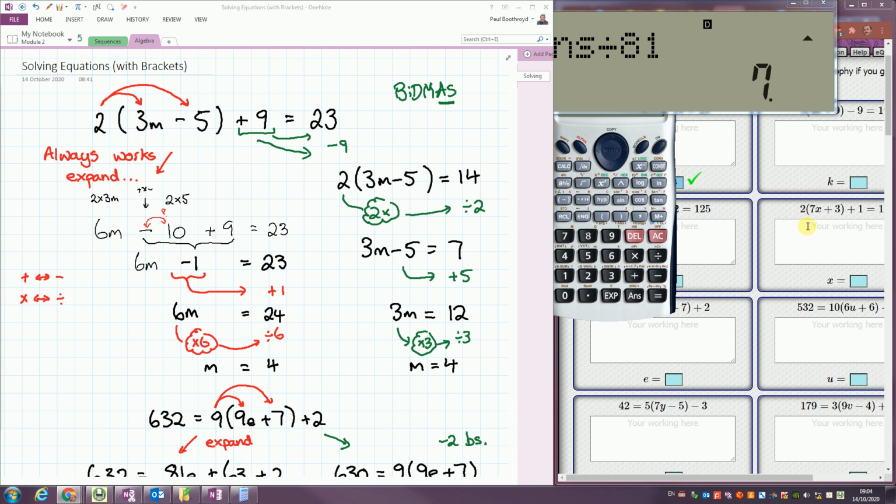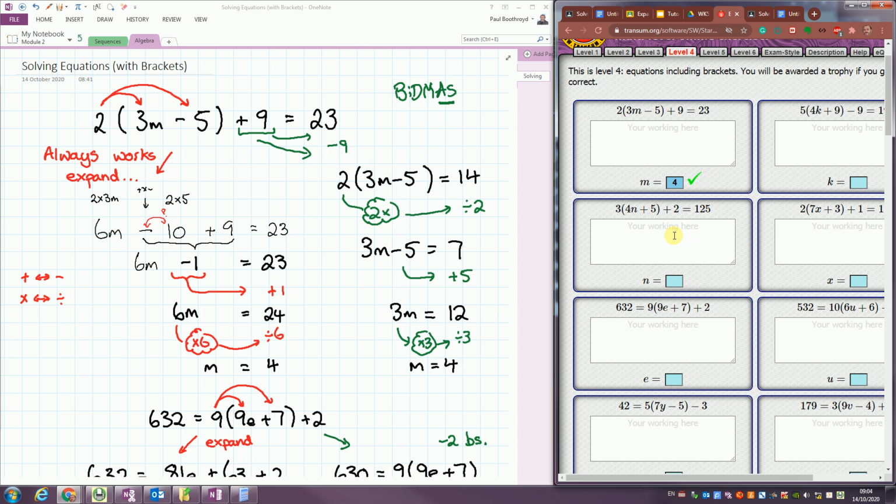Okay, so go and do the exercise level 4. Please make sure you cut and paste evidence into your document. And I will just